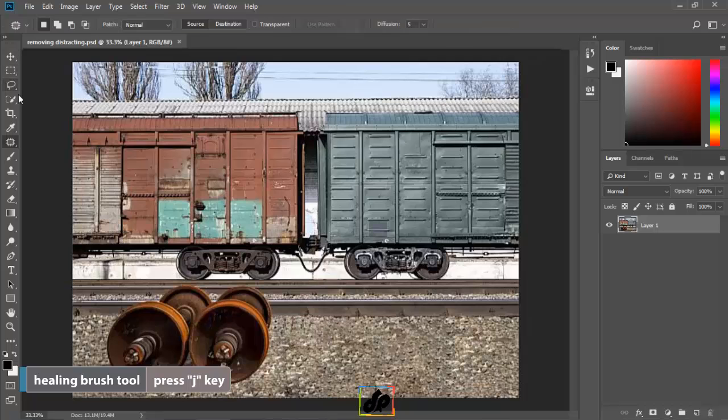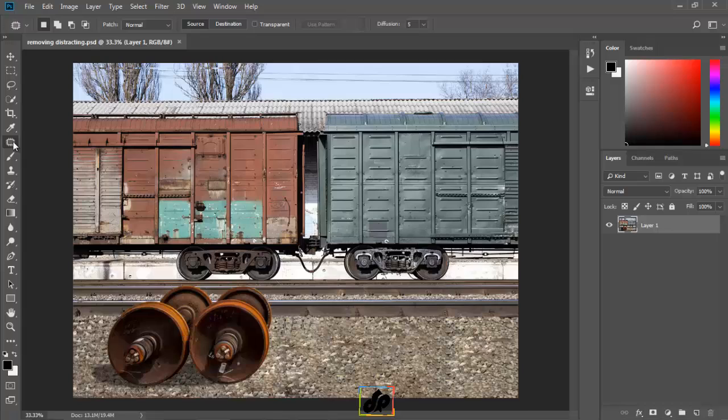We will tap J to select the healing brush or select it from the list. We have a spot healing brush and a regular one. The main advantage that the spot healing brush has over the regular one is that the spot brush has a content awareness technology built in, which compares nearby image content and tries to maintain the detail like shadows, object edges, and other such things when removing unwanted elements.